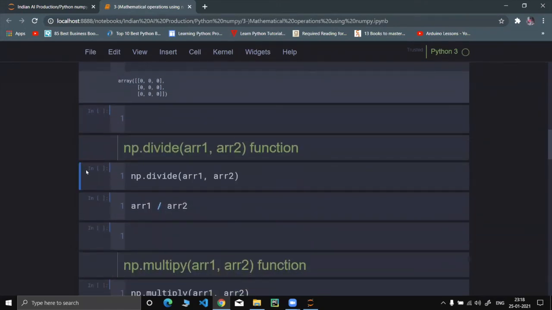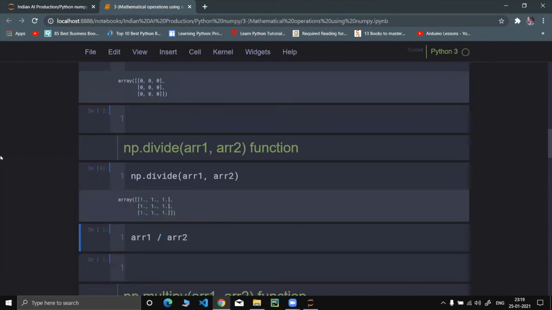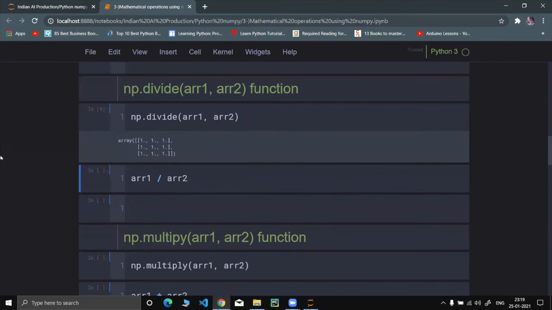Then a similar thing, any guesses what this might do? Yes, it will give an array of ones. I think it returns float values, a float value of 1 for each. Exactly, as both of you said. That can also be done using the divide symbol.